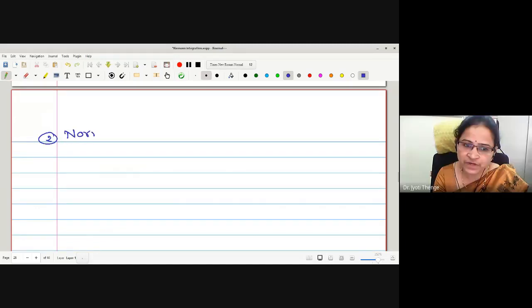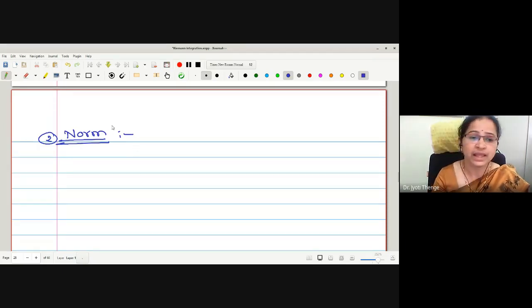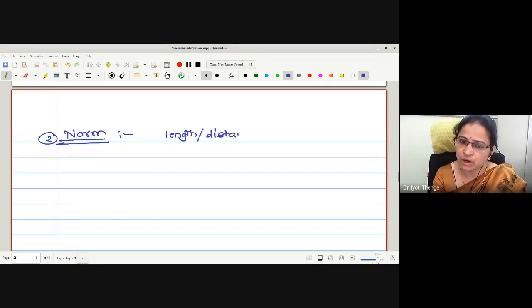Next definition is norm. Okay, norm we have studied relating to the length or distance between the 2 points. Correct now? Previously we have studied. Actually, distance concept was there initially. Then later it was generalized to metric. Then metric again it was generalized to norm. And that norm is giving us the length or distance between the 2 points. Okay, but